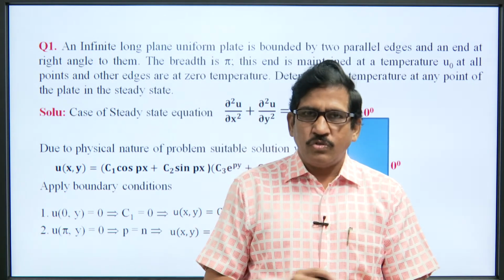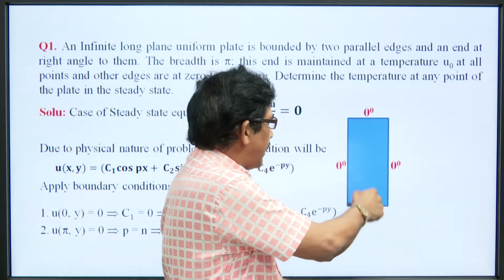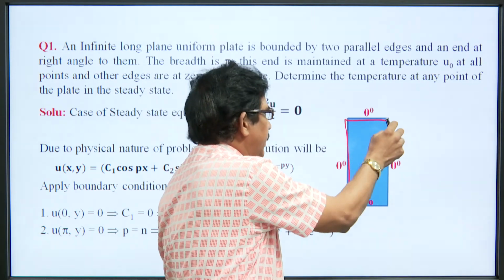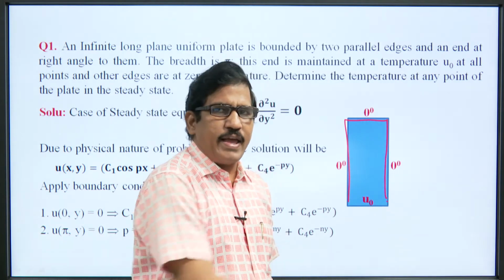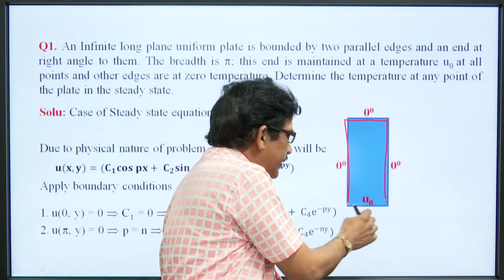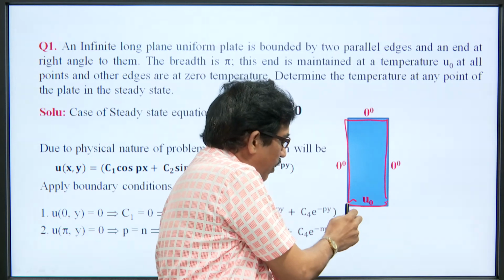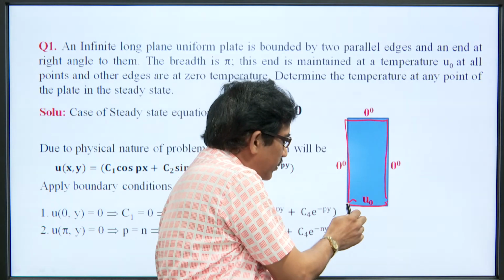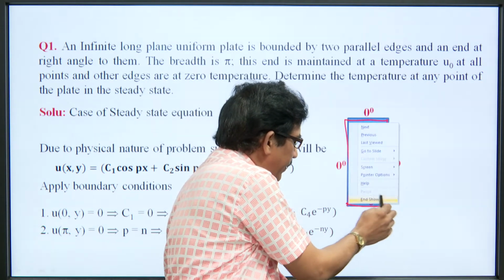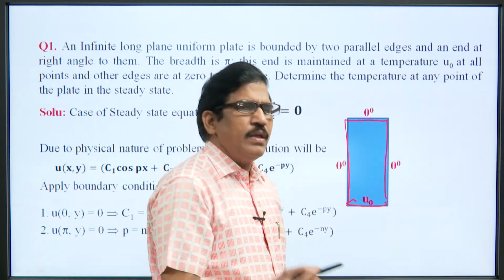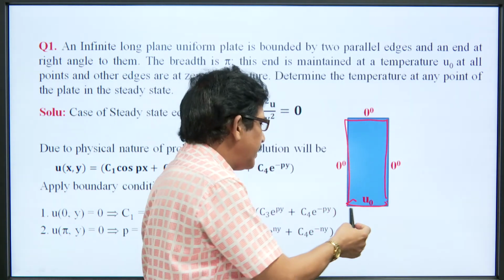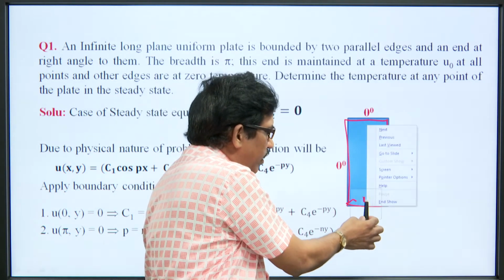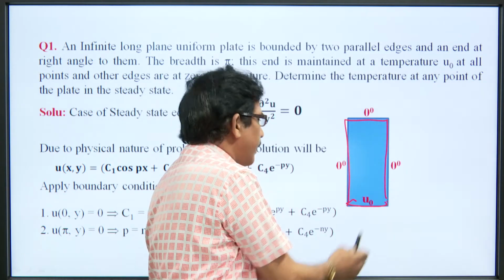In this case, geometrically if we see, this is the long insulated plate and these three edges of the plate are bounded at 0 degree temperature, while this edge is at u0 degree temperature. Obviously, at this particular point temperature is 0, at this particular point temperature is 0, and at the rest of the points the temperature is u0, which is constant. Physically this case is possible, and as we move up the plate, the temperature of the plate gradually decreases.